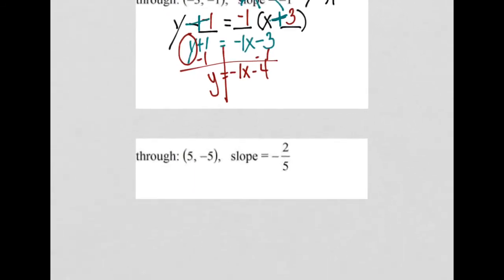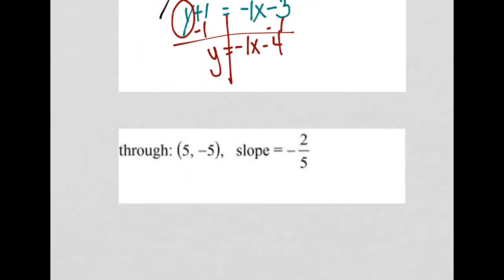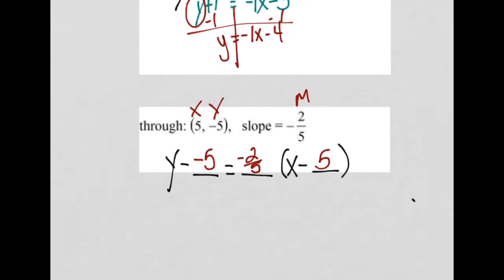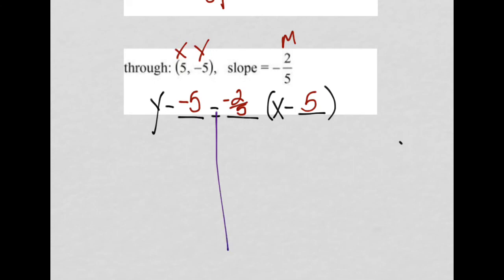Alrighty, look at number 26. Let's do the same exact thing. We know we're going to have y minus whatever y1 is equals slope times x minus whatever x1 is. So I have my x, my y, and my m. Well, my y is a negative 5, my m is a negative 2 over 5, and my x is a positive 5. Alrighty, so once we have everything filled in, we begin just like we did the other one. Draw my line down the middle. Y minus a negative 5 turns into a plus, so I have y plus 5